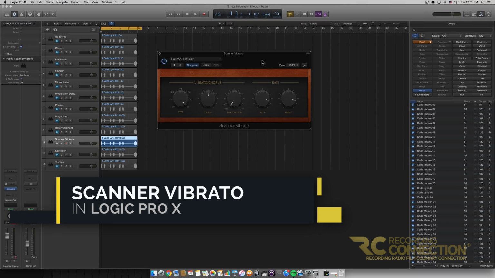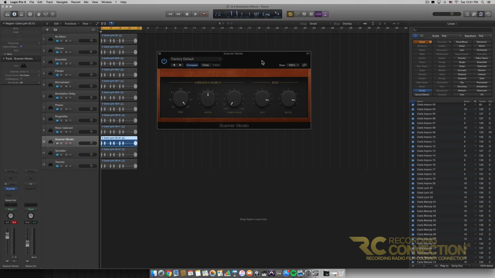There's not actually too much to the scanner vibrato effect. It's just emulating the scanner vibrato section of a Hammond organ. And we have vibrato and chorus types that we can choose from. Each C value represents a chorus, each V value represents a different vibrato. They're just different intensities. C0 is actually just nothing, whereas the rest of the values are a different type of